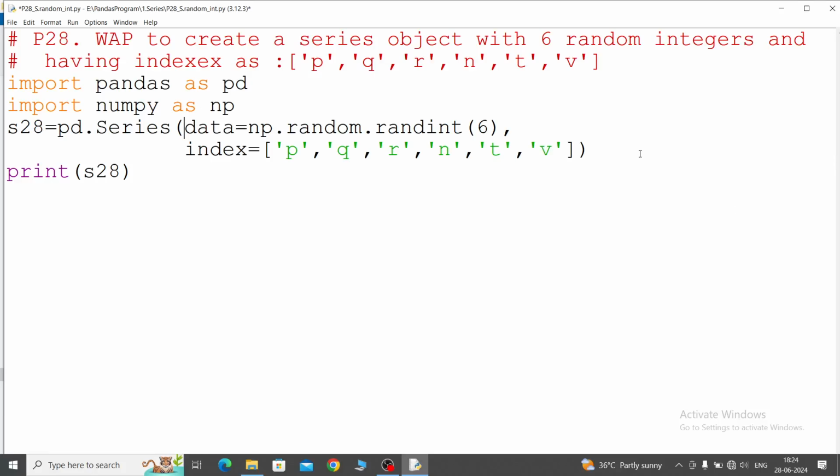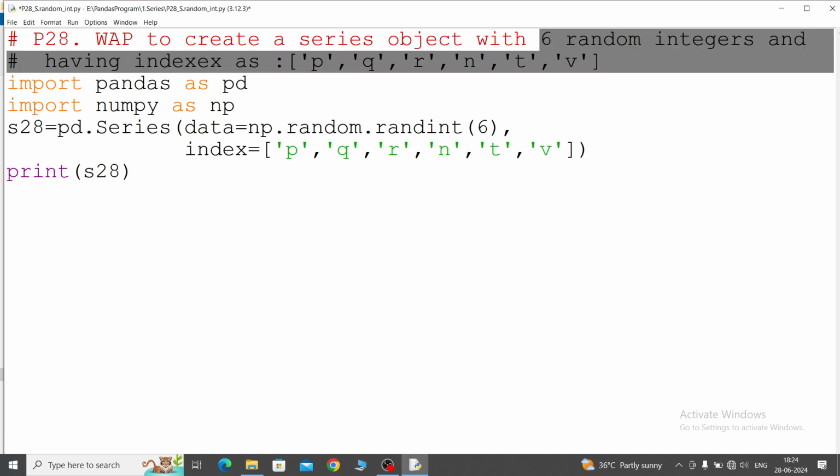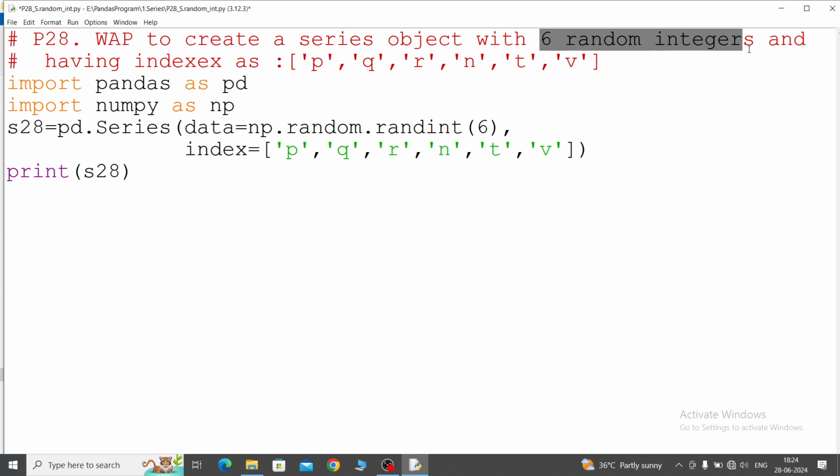Program number 28. Write a program to create a series object with 6 random integers, having indexes as P, Q, R, T, V. This is the index that has been given, and you will generate 6 random integers. So first import pandas, then the numpy module,